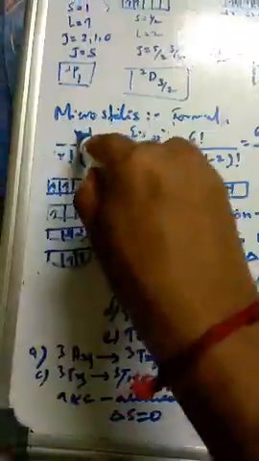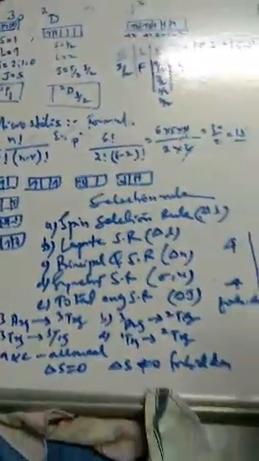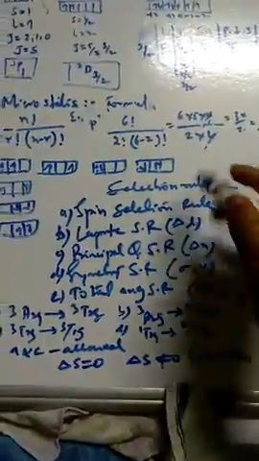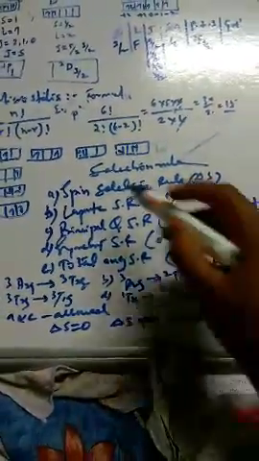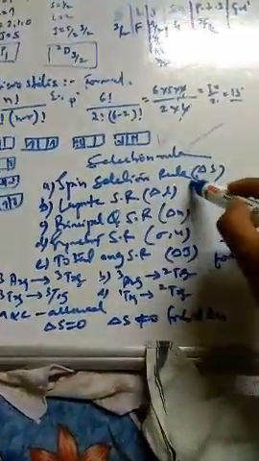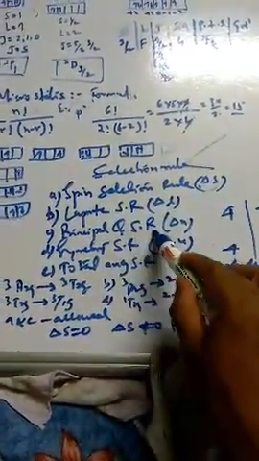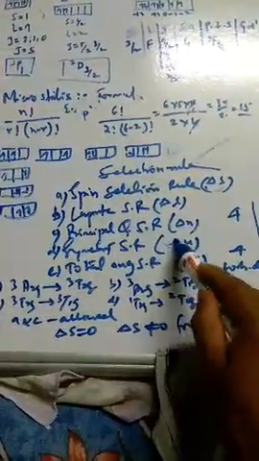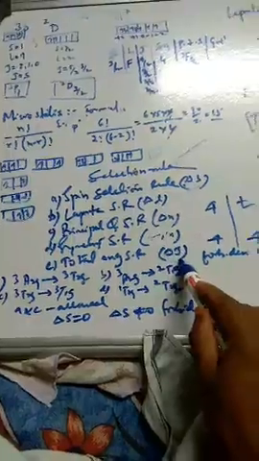That's why you use this formula, and you can calculate the number of microstates in whatever configuration is given. Second is selection rules. This is very important in the examination, they will ask this. There are some selection rules I have taken: the spin selection rule, delta S; the Laporte selection rule; the principal quantum number selection rule; the symmetry selection rule, that is gerade and ungerade; and the total angular momentum selection rule, delta J.